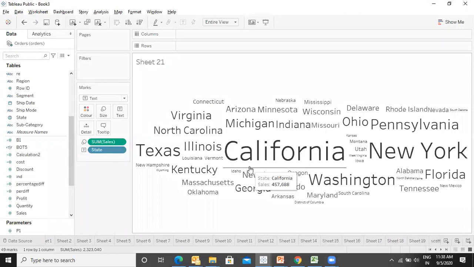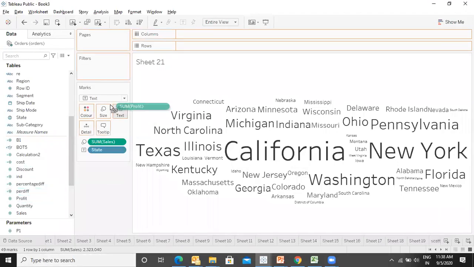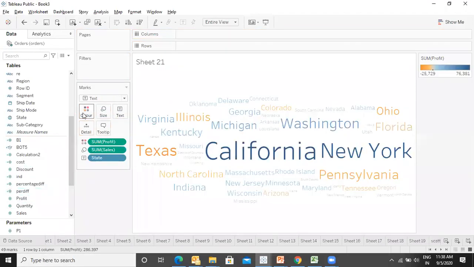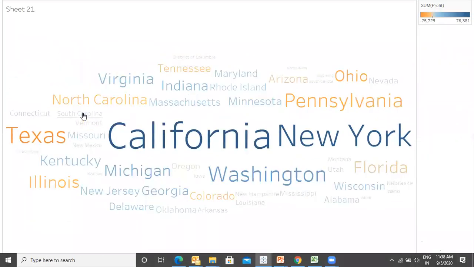Now let's put the profit in the color. What does it represent? Dark color means higher profit and the light color means lower profit. Like we can see, California has good sales and good profit, colors and size indicate.